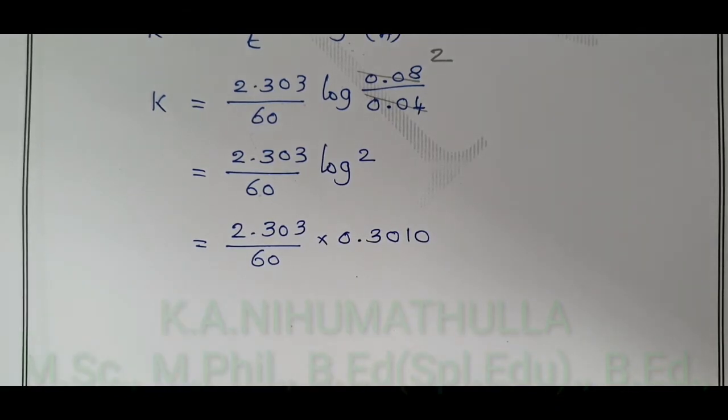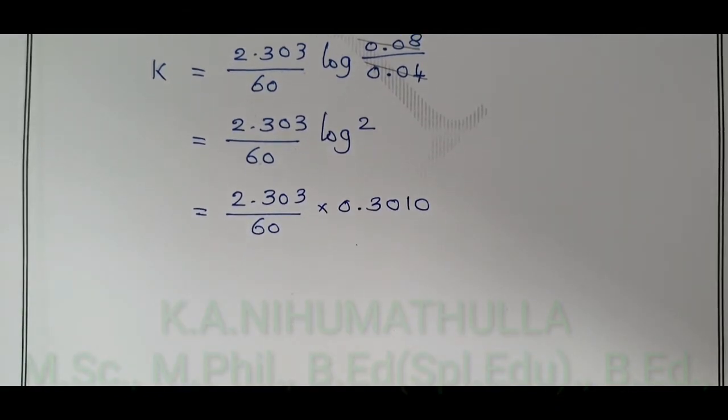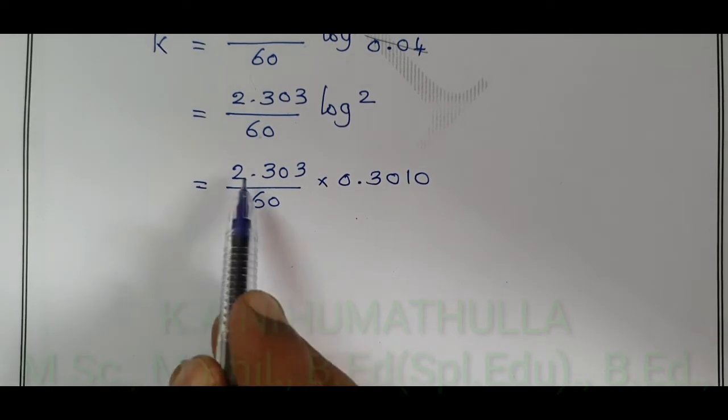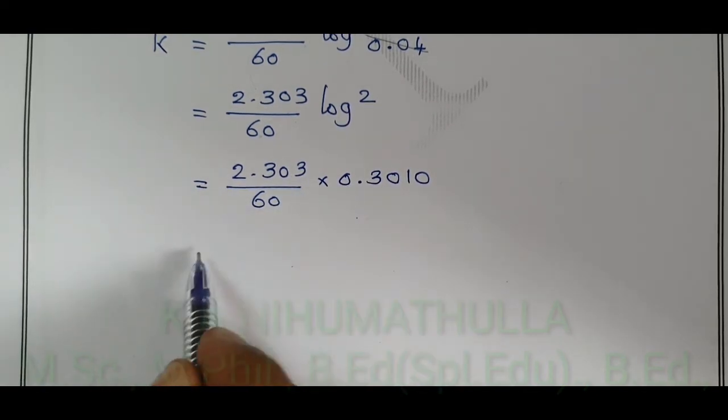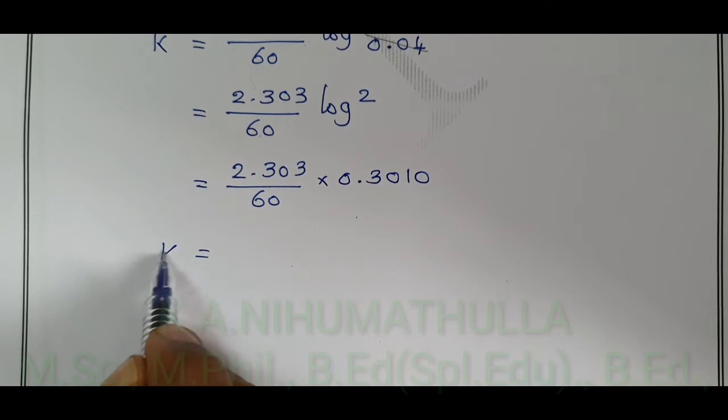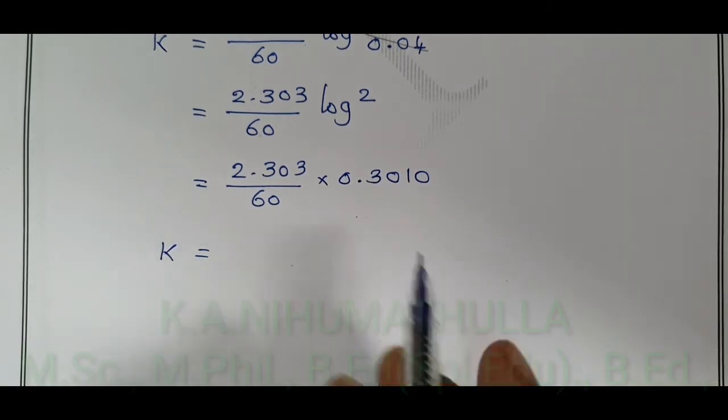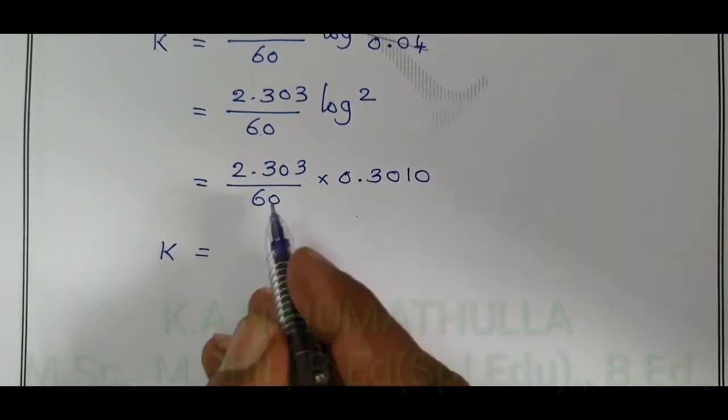This is your K value. When you multiply these two, 2.303 and 0.3010, we studied in the half-life period. The multiplication of these two values gives